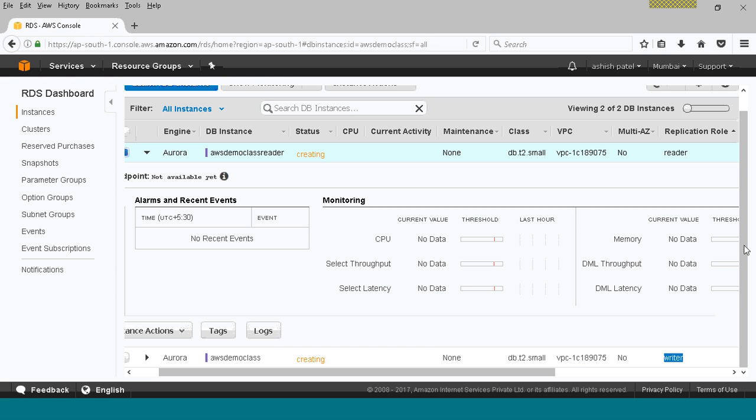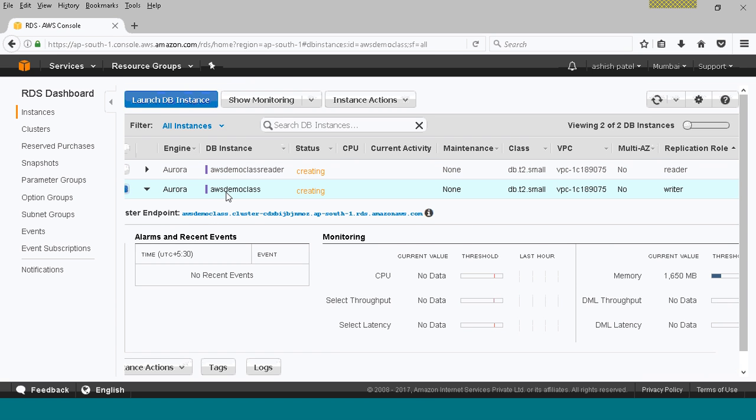It will take some time to create all these, but my intent was to show you how we can install an Amazon Aurora database in the cloud, and how we can install its reader. Similarly, you can create up to 15 read replicas. This is the beauty of Amazon Aurora, because in the case of MySQL you can create only 5 replicas,